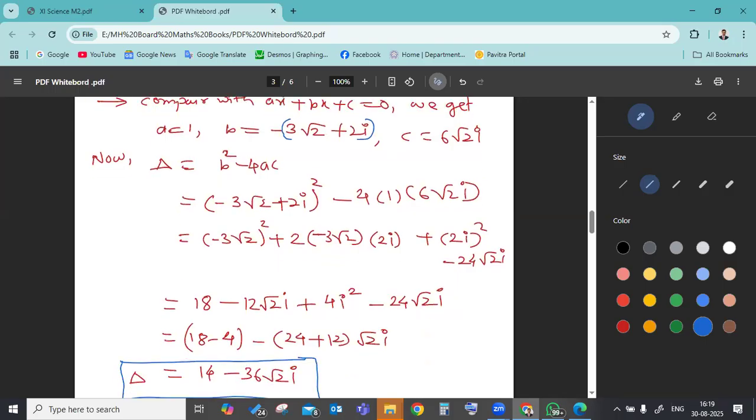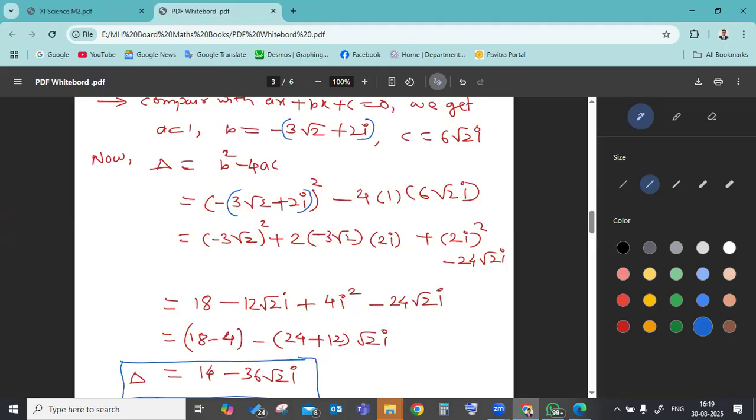Okay, and b square should be the square of it. Then it should be the square root of this minus the square root of this. This way it should be. It should have been done. Got this? Yes. Okay. Next. Now b square minus